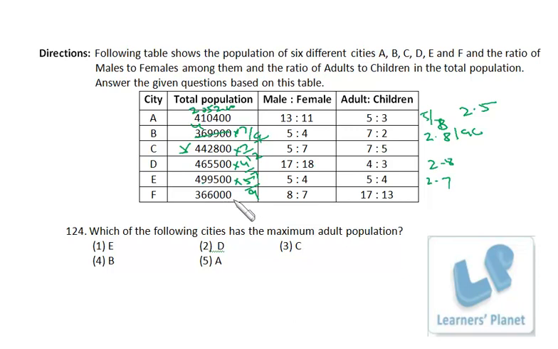Then here we are having 17 by 30, right? That is actually a very small number, because if it is 1, 2, 3, then 12 into 17, the calculation will be less than 20, right? So it will be around 2 lakh. Okay, so we have this calculation in city B, that's actually more than 2.8 lakh. Okay, all of the others are either less than 2.8 lakh or maybe less than 2 lakh also. Okay, so B is the correct choice.